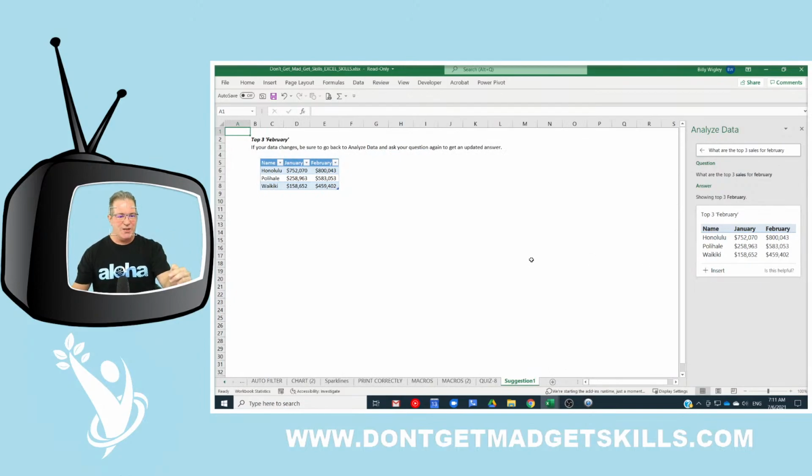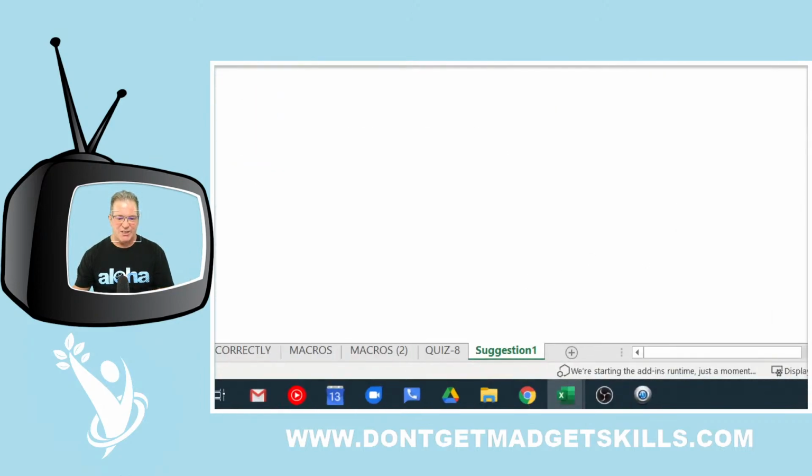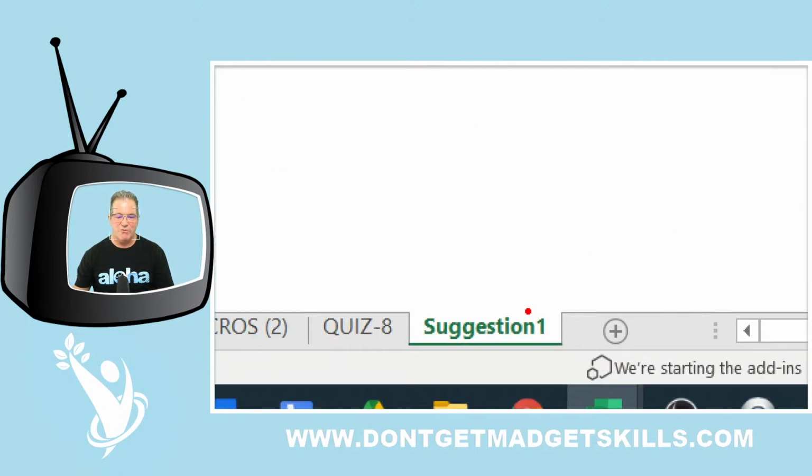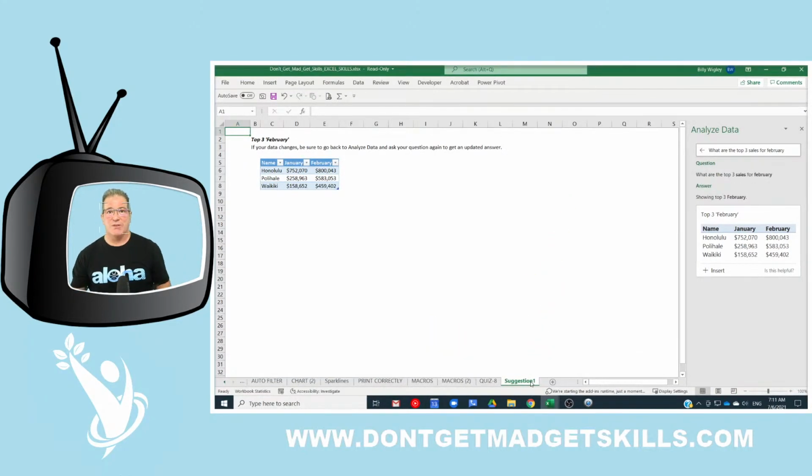So when you insert, you now have a suggestion like we see right down here, this new tab. You can rename that tab whatever you like, say, top 3 months of January and February. Okay, and there's a lot more that you can